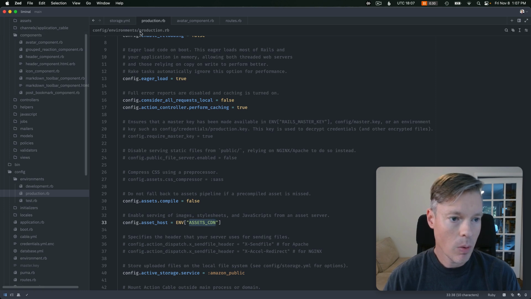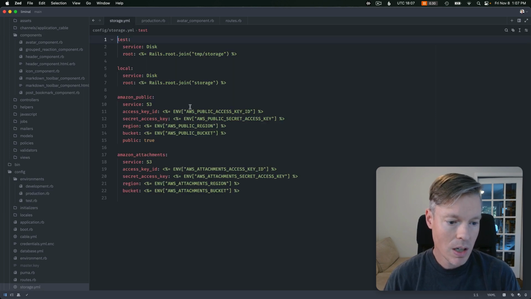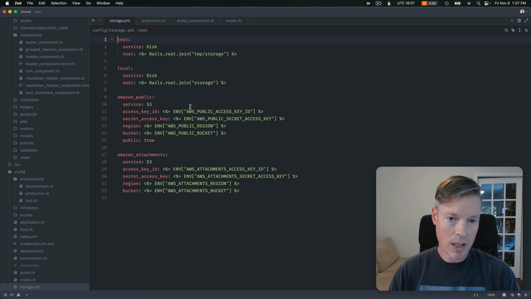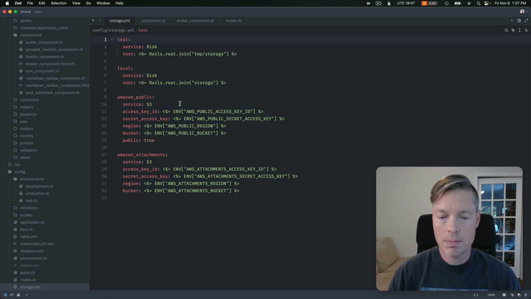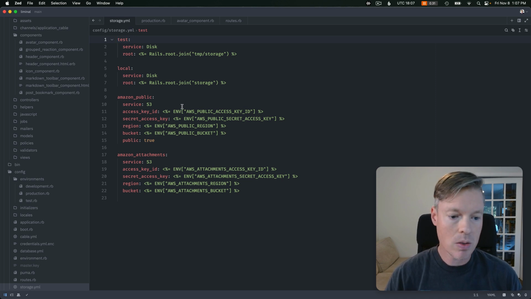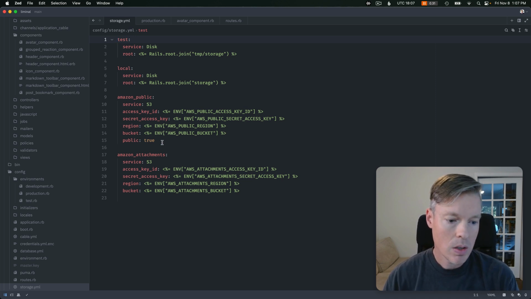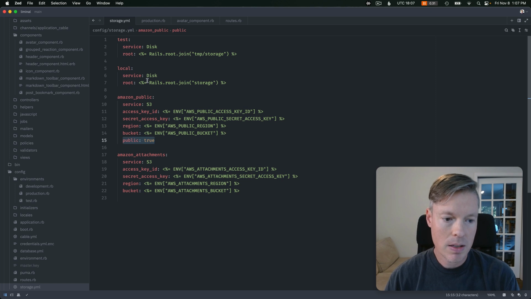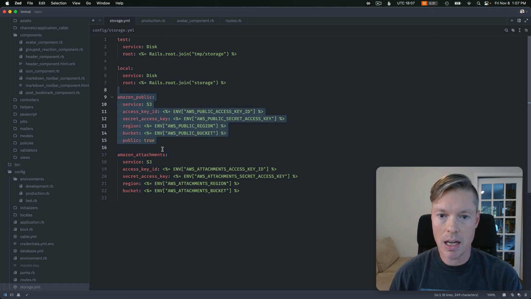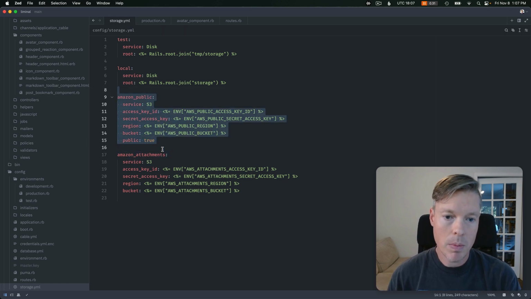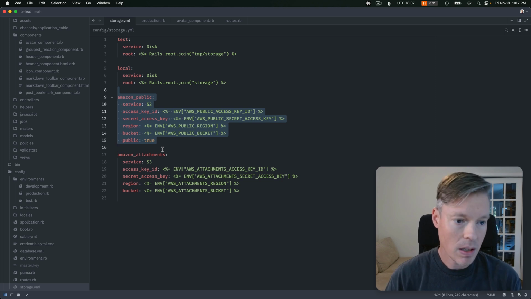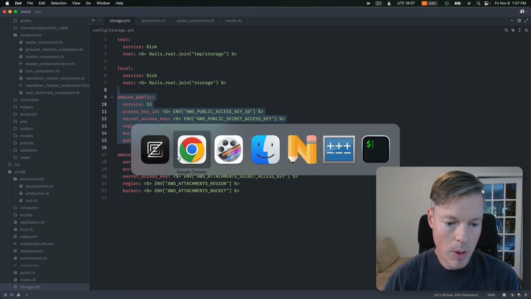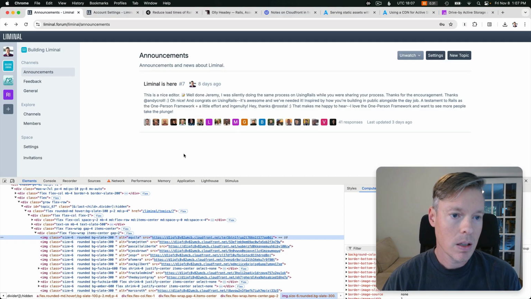And then for my storage, actually I have a couple S3 buckets. One is for anything public that I'm not concerned about anyone having access to, and that would be like the icons for a space or the avatars for users. So public set to true here, and then I put a public CDN in front of that that I'm referencing. And the way I do that, actually, this is probably the interesting part, but before I get into that,